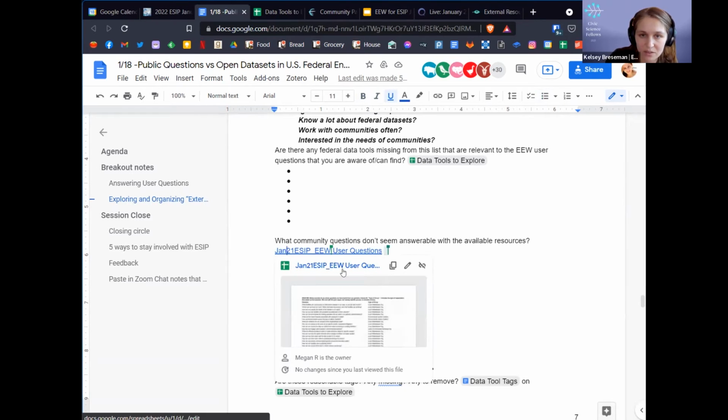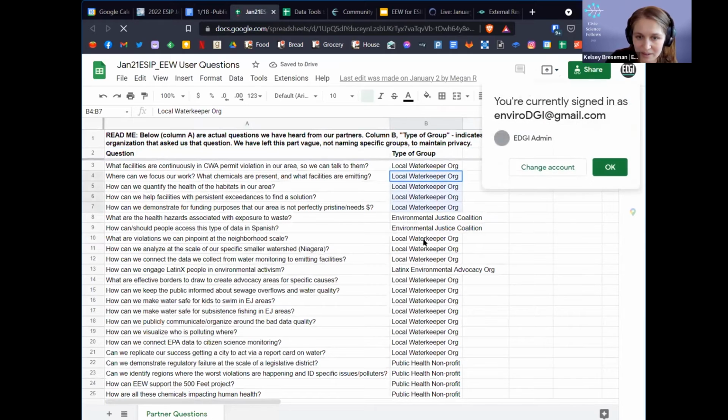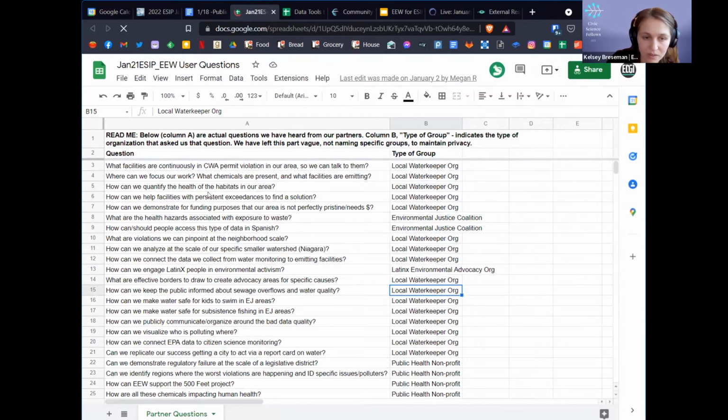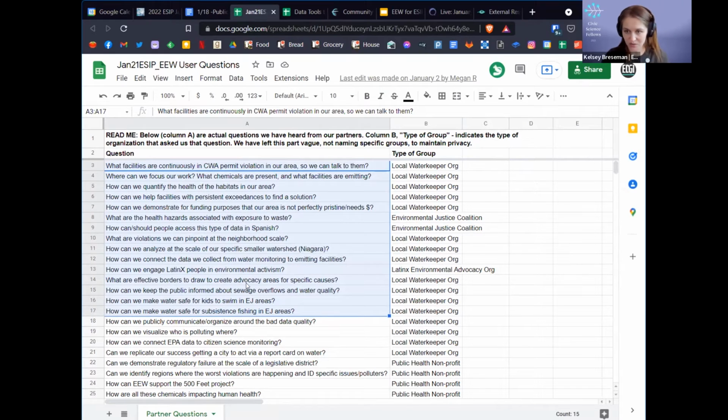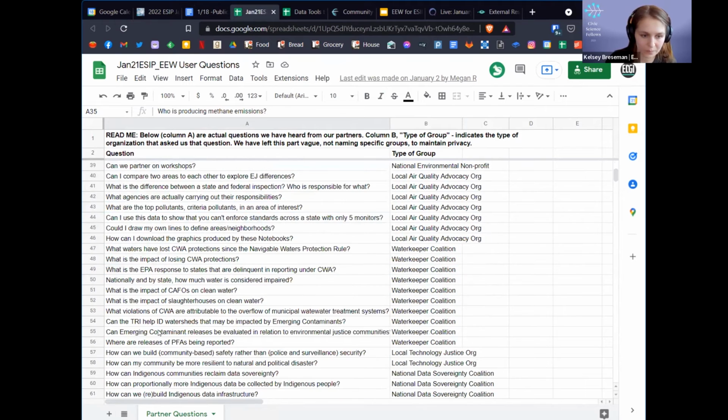The other thing that can happen in this room is here are these user questions that I mentioned earlier. We semi-anonymize these by what type of group they are. But these are real, genuine questions that we've gotten from groups. Can emerging contaminants releases be evaluated in relation to environmental justice communities? A Waterkeeper Coalition wants to know.